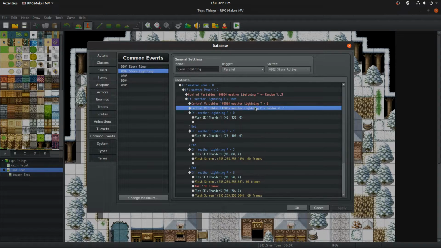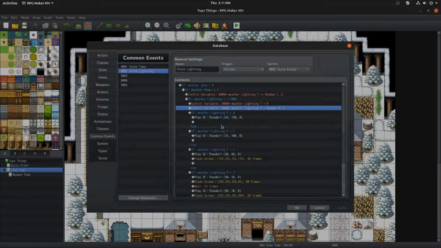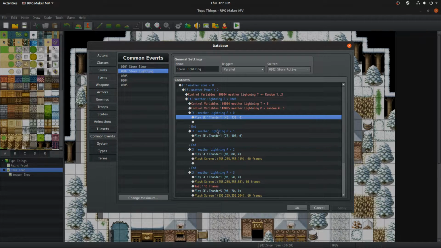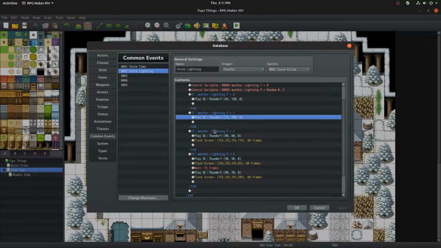And after we set that back to 0, we are going to do control variables, and we're going to set the power to a random of 0 and 3. And then we're just going to check those. So if it's 0, it just plays a small sound effect. If it's 1, it just plays another sound effect, slightly louder, different pitch. And if it's 2,